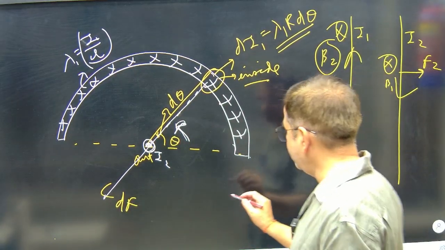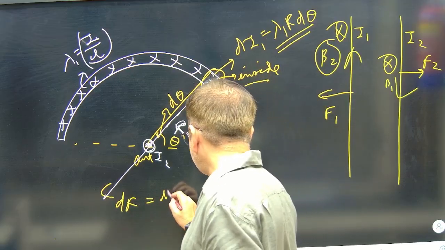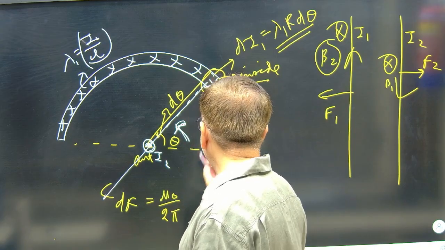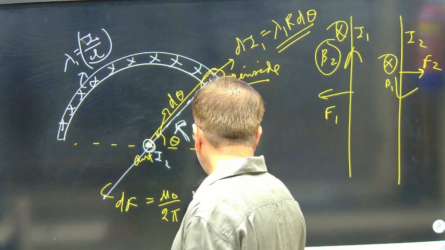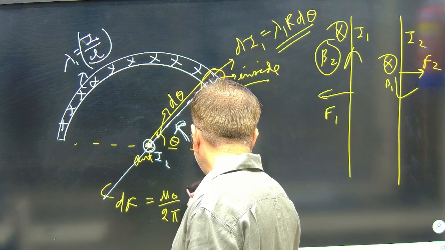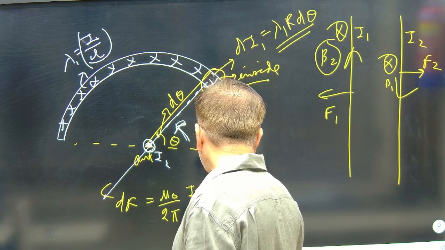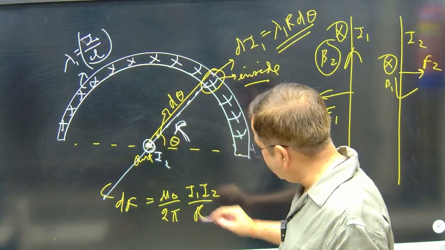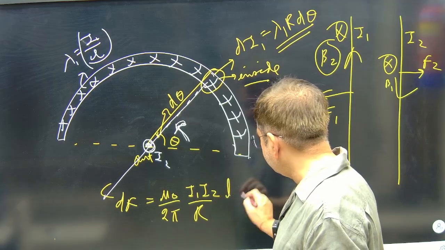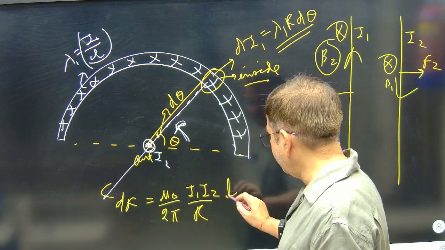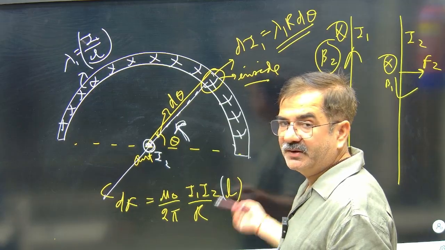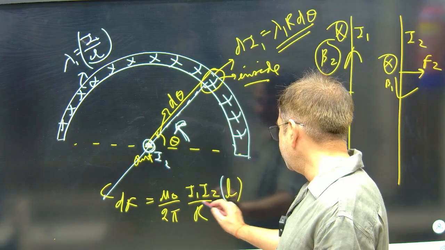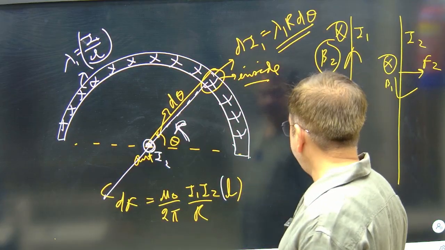So correspondingly the dF force I will say that μ0 over 2π. मैग्नेटिक फील्ड आपका एक का भी देखेंगे, किसी एक की फील्ड, तो वो क्या आ जाएगी? μ0 बाई 2π, इट इज I1 I2 बाई R ना, ये चीज आ गई. एंड पर यूनिट लेंथ, मान लो इस वायर की जो मैं लेंथ ले रहा हूं, पर यूनिट लेंथ है एनी लेंथ ऑफ द वायर L मान लेता हूं of this arrangement, say L length of wire, I am not taking it infinite, for infinite the force will be infinite, so L length of the wire I2 I am taking, correct? So this is the force dI1 I2, and this value if you see